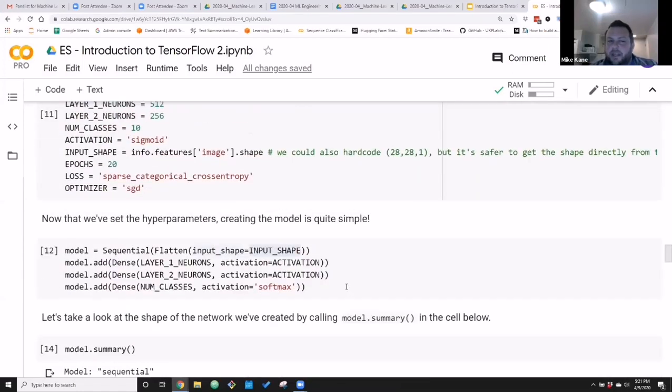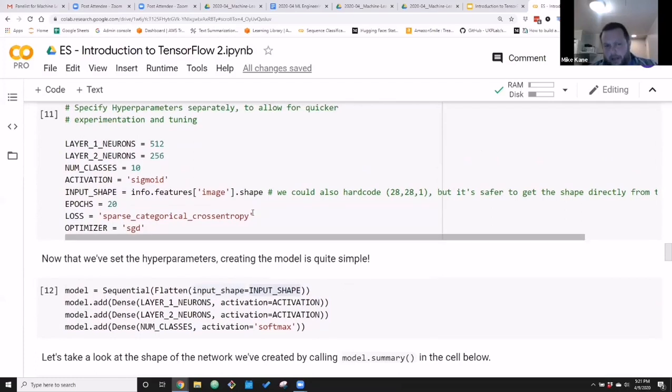The loss is something you won't have to mess with a lot when you're learning, because that's generally determined by the type of problem you're solving, right? If you were doing regression, you might use something like mean absolute error, or mean absolute percentage error, or root mean squared error. You've probably heard of a lot of these. If this was a binary classification problem, you'd use binary cross entropy.